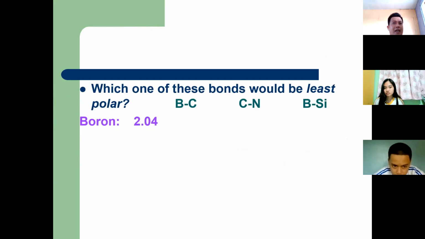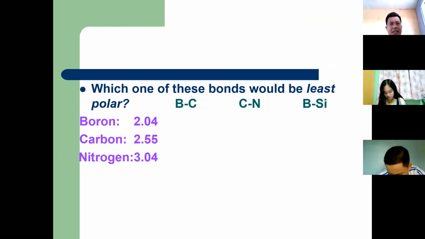So we have here boron and carbon. Boron is a metalloid but exhibits non-metal behavior. So this is a covalent bond. And the electronegativity of boron is 2.04. Carbon is 2.5. So the difference is